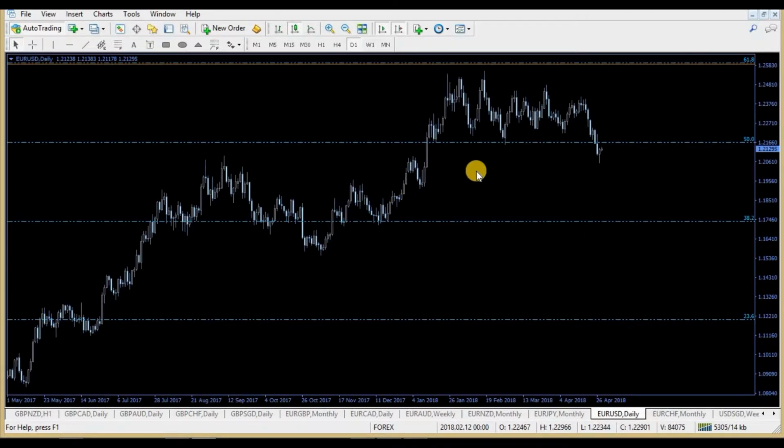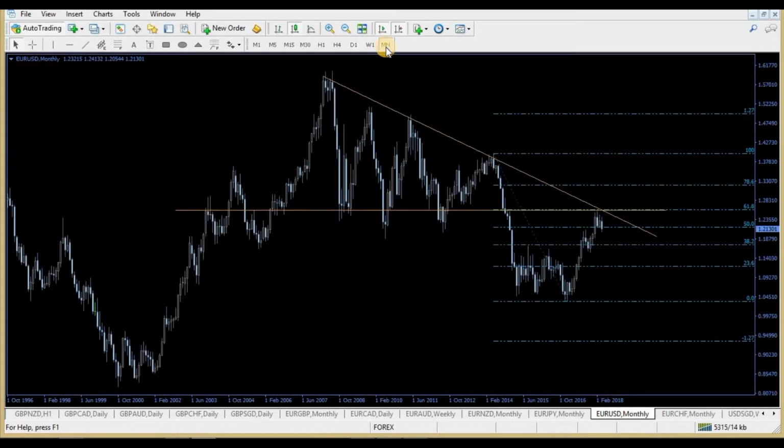Now this is my opinion only, just from the technical standpoint at this point, and I'll show you why again on the monthly chart in a second. I think this is probably a false break to the downside. What I would like, when going back up to the monthly, is to see price push back up into this 61.8